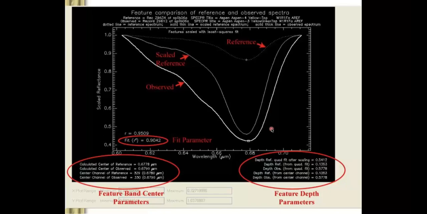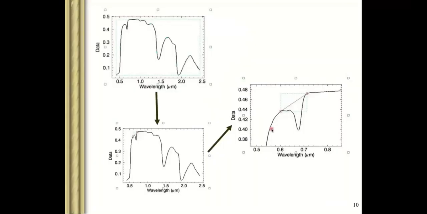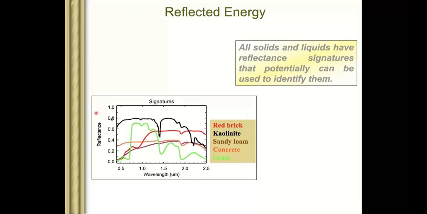or maybe the light source. If the light source is high, then you will get higher reflectance. If sunlight is more, then you will get a high value of reflectance. Suppose you are getting 0.6, 0.7, but if sunlight is very high, then you may get 0.8, 0.9. But this absorption will always occur in the same area. For example, this kaolinite absorption always occurs in the same area, whether its reflectance is high or going down.